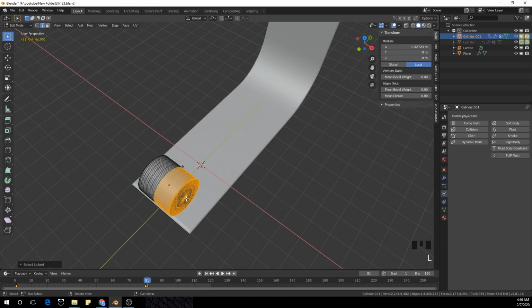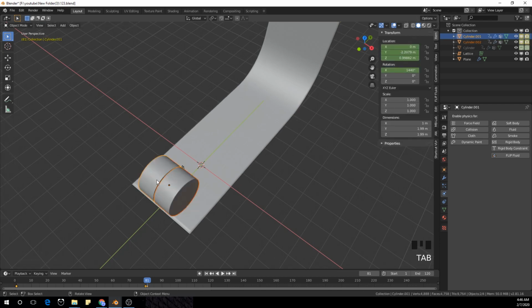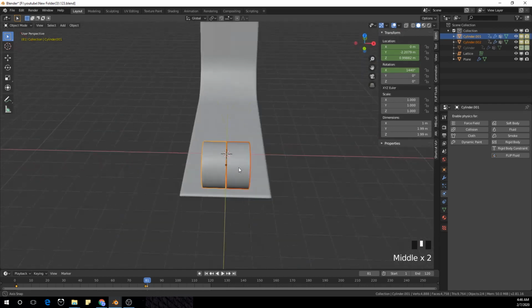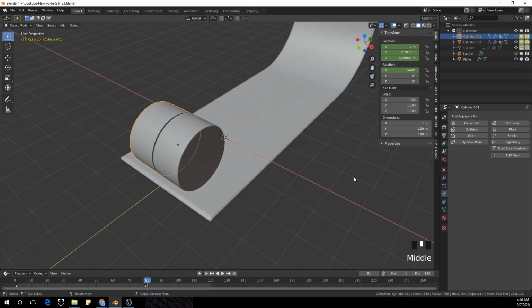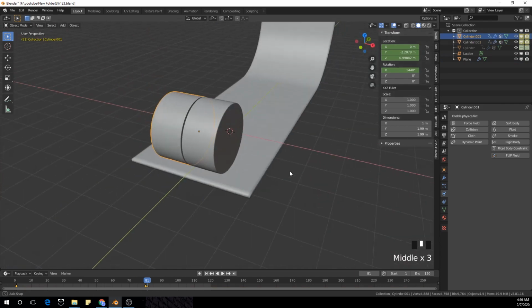So now I'm going to select the second object and select one half of it with L and click P to separate and make it 2 cylinders. So now we have 2 cylinders, and now I'm going to select the plane